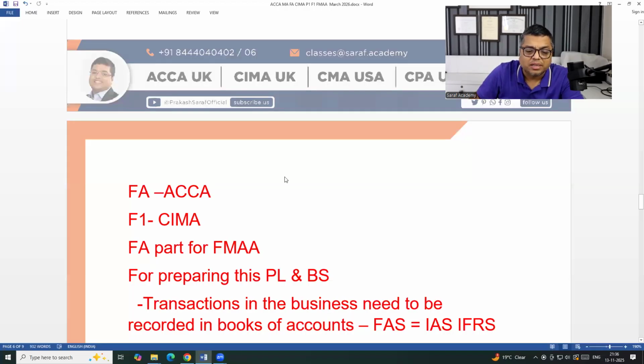We are understanding basics of accounting. So in that basics, first of all, we need to understand फाइनेंशियल स्टेटमेंट प्रेजेंटेशन, फाइनेंशियल स्टेटमेंट का फॉर्मेट थोड़ा सा जानना जरूरी है. फाइनेंशियल स्टेटमेंट फॉर्मेट,